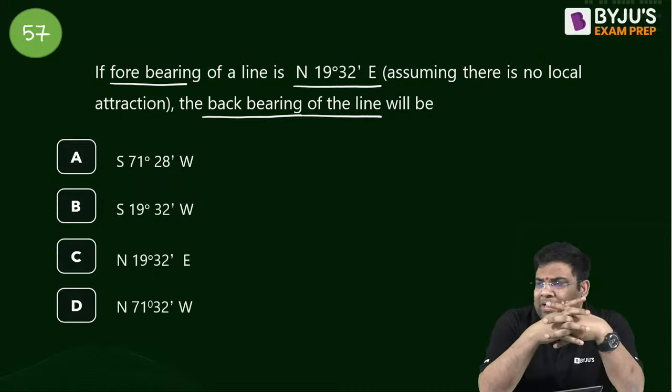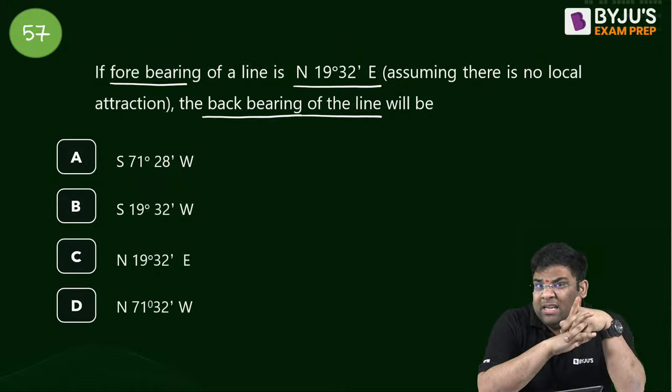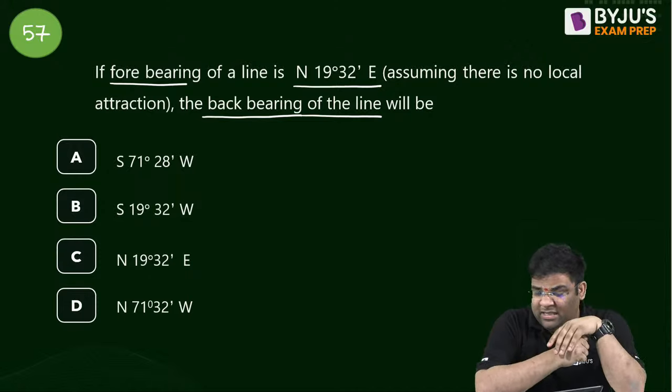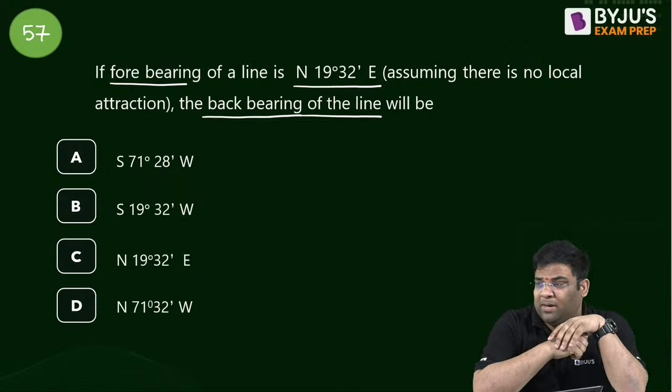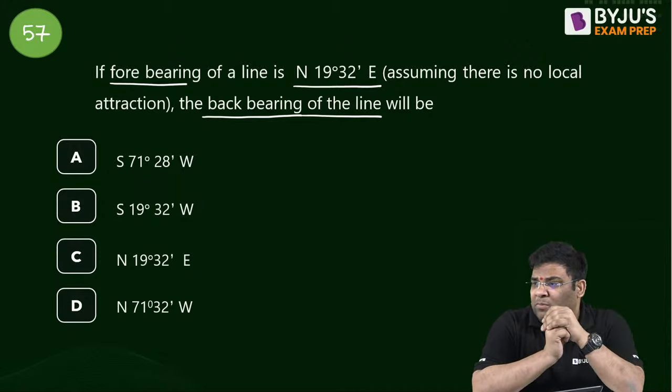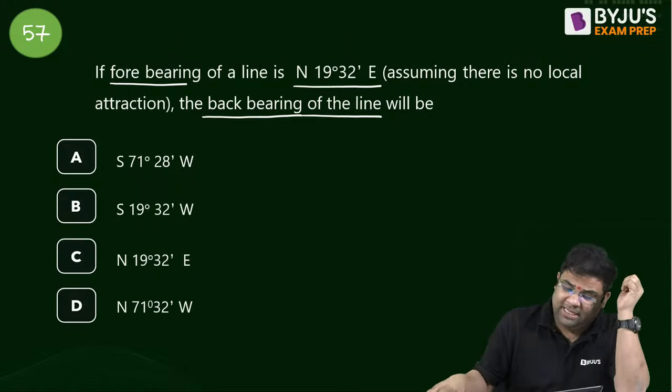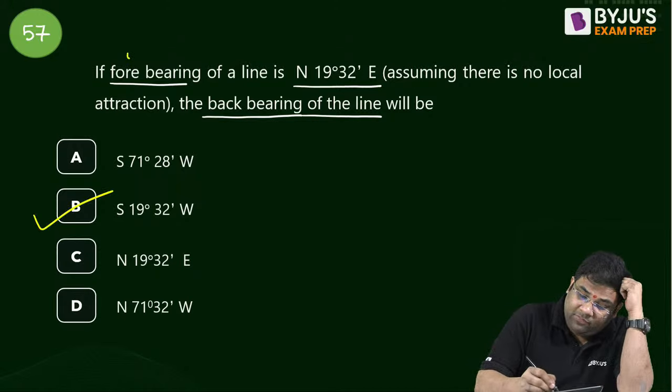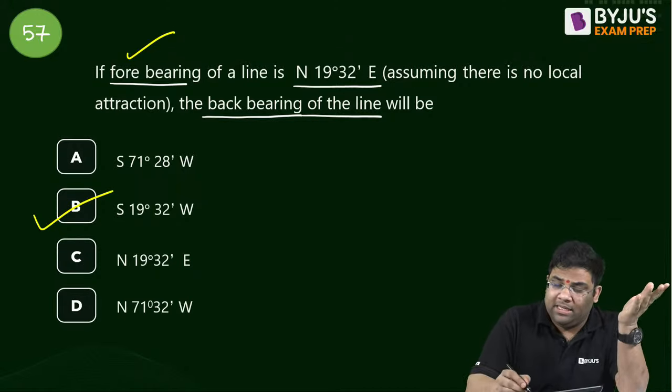From fore bearing to back bearing, if they are given in the quadrant bearing system, then how to answer? Please answer the question. Why are people taking so much time? Answer is B. Very good. So whenever they give the fore bearing or back bearing in quadrant,